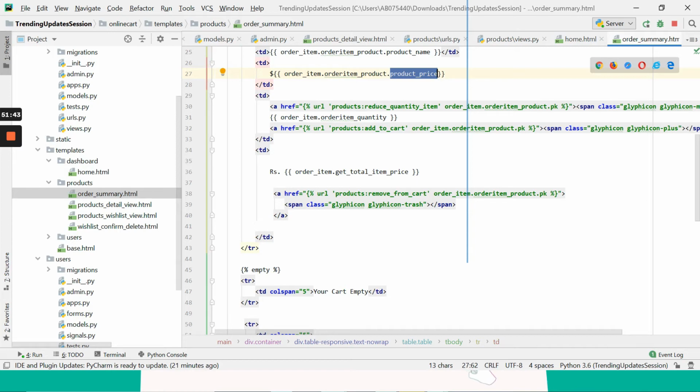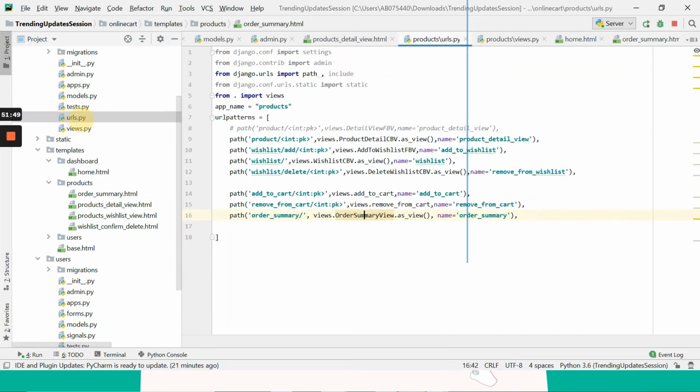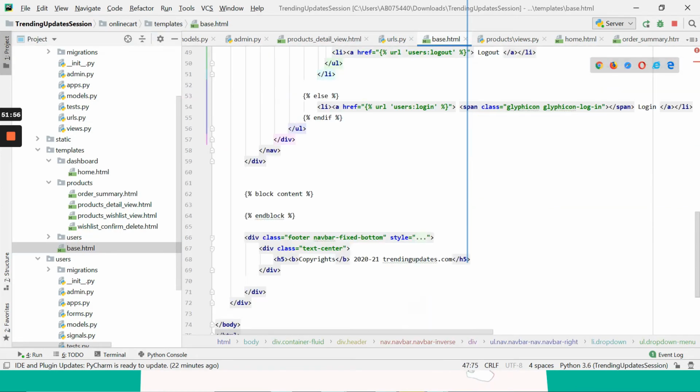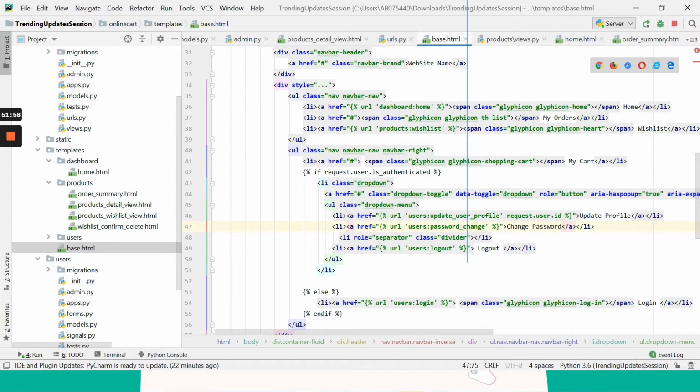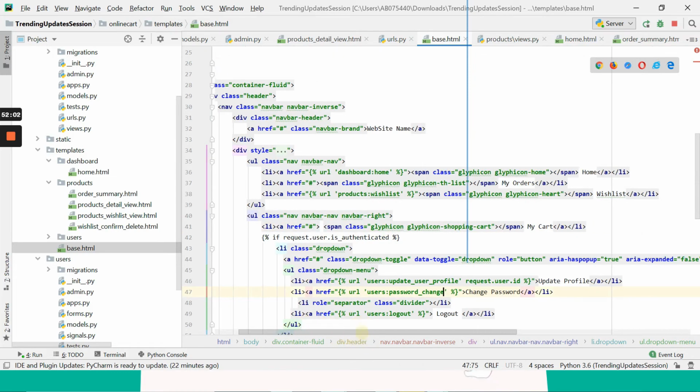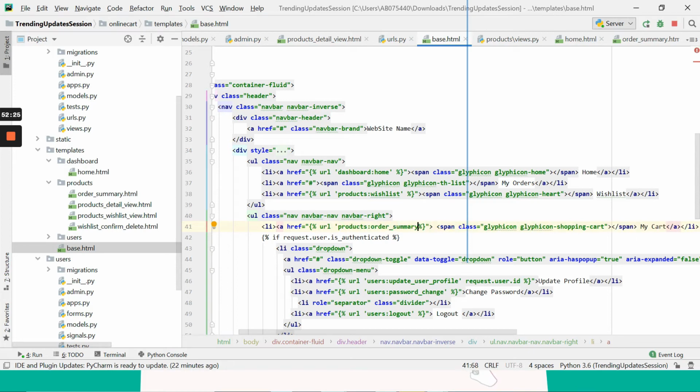Now I'll show you how this page will look. Before that, I have the order summary over here. I need to use this in My Cart. Before login, we had My Cart over here. For that, what I am going to do is just provide a URL: products and my order summary.